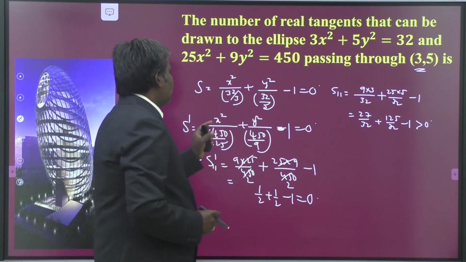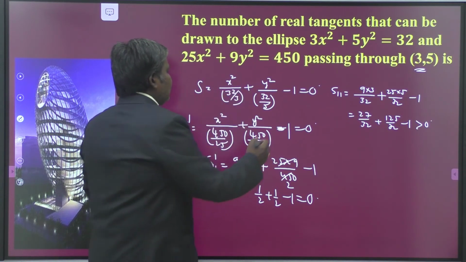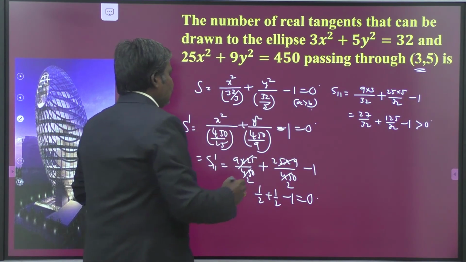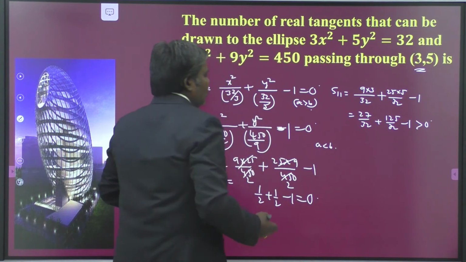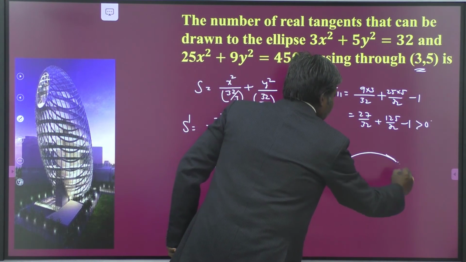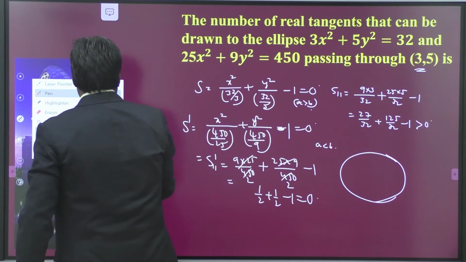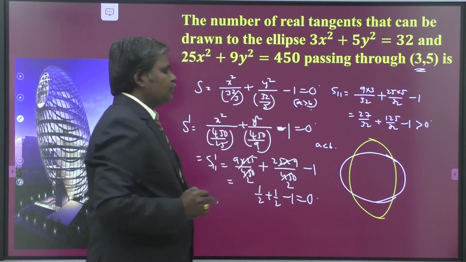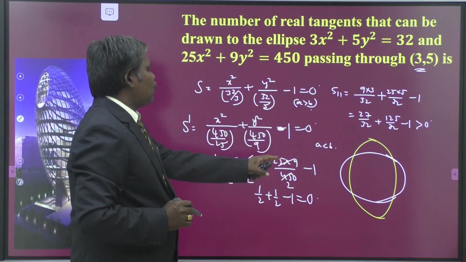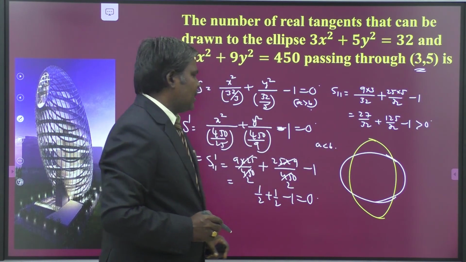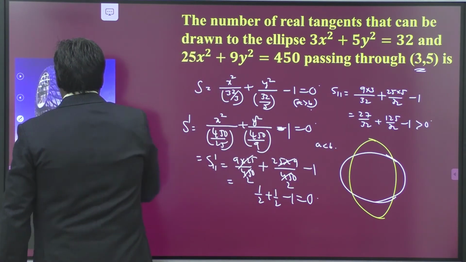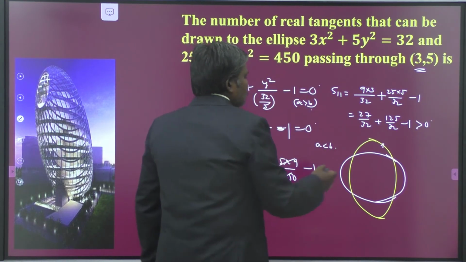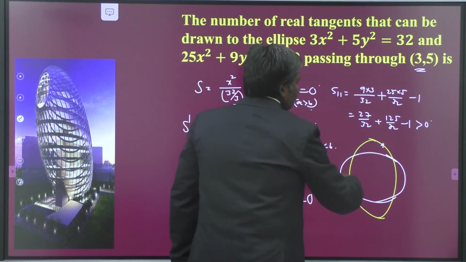And moreover, which one is more here? This is the A greater than B case. And this is the A less than B case. So the two ellipses are in this form, both having center at origin. So your point is outside the first ellipse and on the second ellipse. That means in this manner, your point may be here: on the second ellipse and outside the first ellipse.